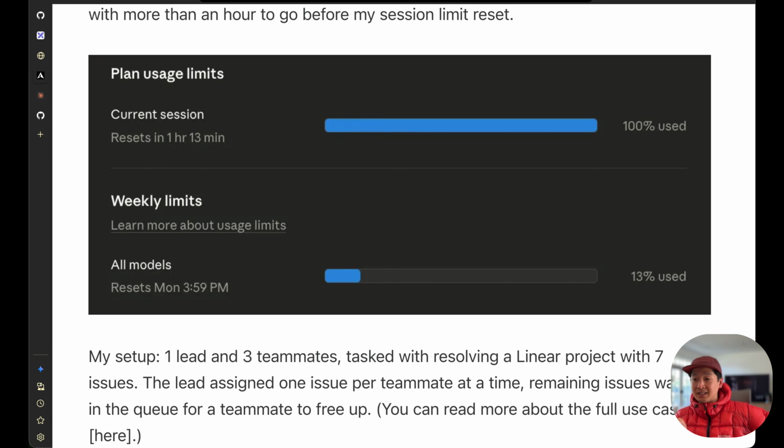Now, this specific session was with a different team where I was using it to solve Linear issues. And for that team, I had Opus running on all of the teammates. So I didn't specify to use Sonnet or a cheaper model. So you can definitely mitigate the costs here by using cheaper models for your teammates and then reserving Opus for